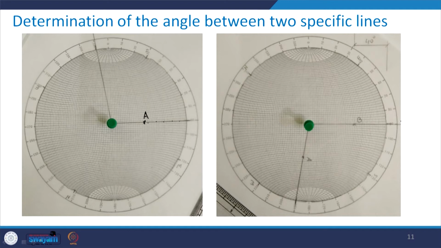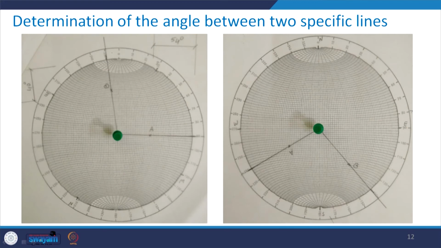So, I have rotated the tracing sheet in such a manner that that particular mark corresponding to 140 degrees is coinciding with this west east axis, and then from this outer circle, you see here to here, this point I count 40: 1, 2, 3, 4, and each is having 10 degrees of measurement. So, this angle being 40 degree. So, I mark this point which is B.